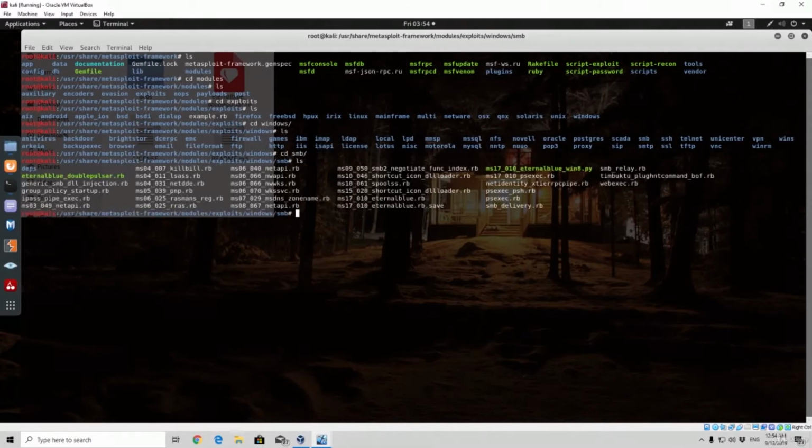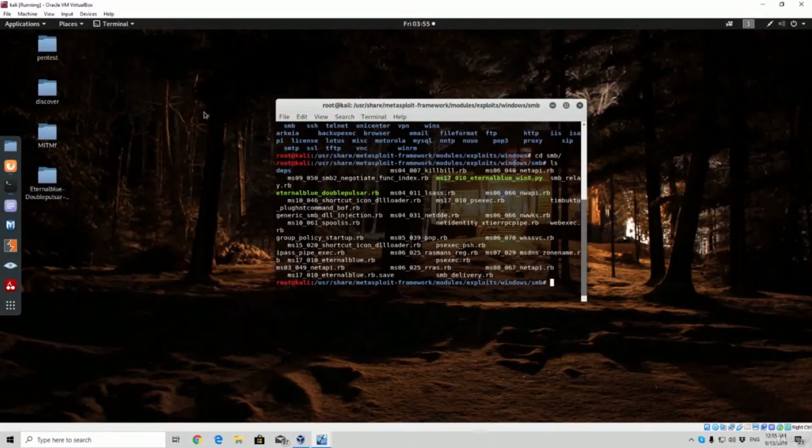If I just type ls, you will see the deps directory right here and the Eternal Blue Doublepulsar.rb exploit right here, as well as other different exploits for the SMB protocol. Okay, so once you actually copy that, you will be able to use the Eternal Doublepulsar.rb from the MSF console. But there is also another thing that you should do, such as installing the Wine32,